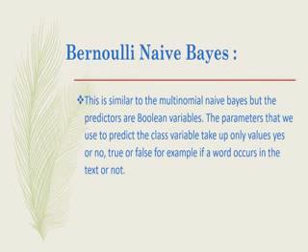Then the third one: the binomial model is useful if your feature vectors are, first option binary, then discrete count, then continuous, and none of the above. The binomial model means the Bernoulli distribution, and in the Bernoulli distribution we can use binary type. So the correct option is A, binary.